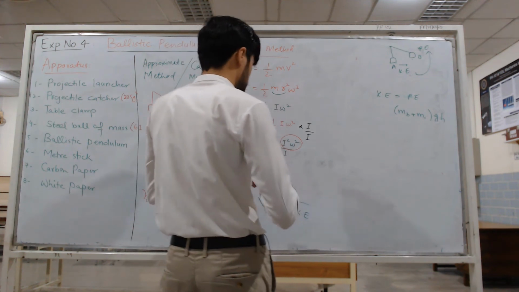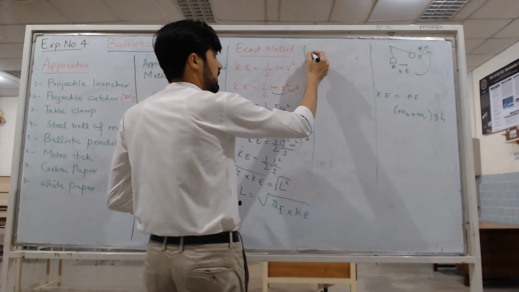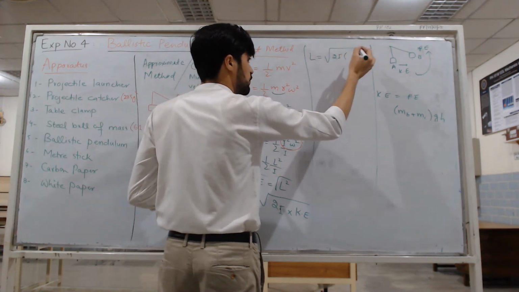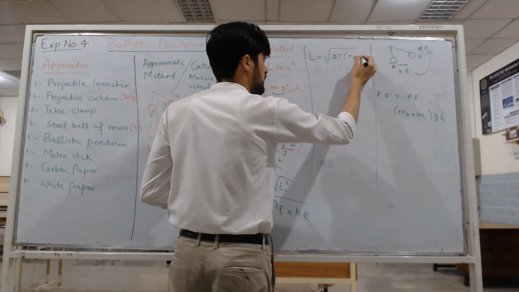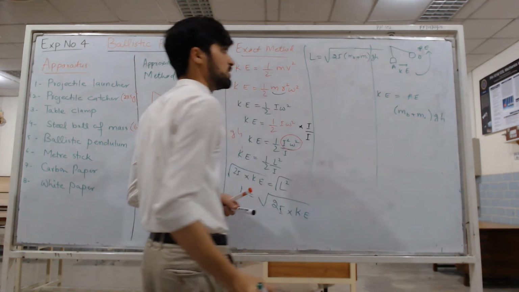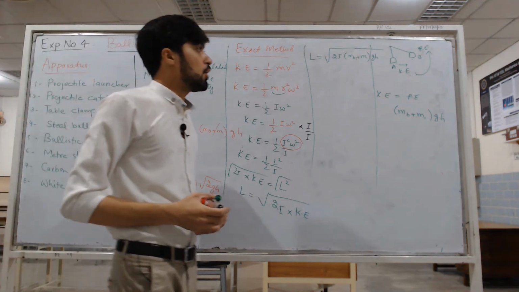So we will get L is equal to under root 2I into (mb plus mc) gh, under the root. So this will be the angular momentum. Now